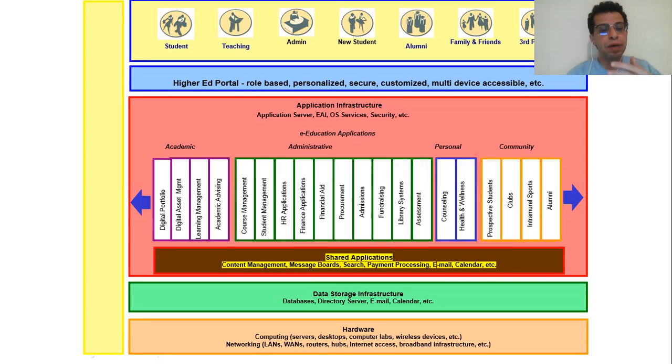Email and calendar are also part of the application and directly accessible. Now, once you select certain software, usually the supplier, the software's developer, will let you know what kind of sizing of hardware, networking, data storage, and all these things is needed.